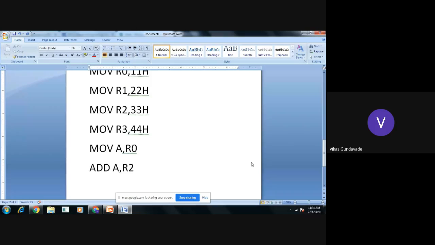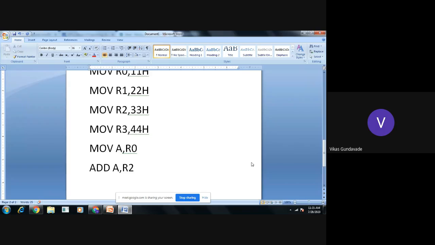The first 8-bit number will get added with the second 8-bit number. Okay, now the result of this addition is available in the accumulator, and the same accumulator we need to use for further addition.